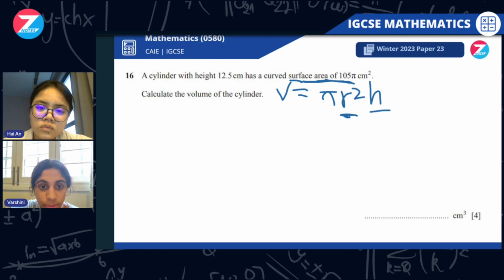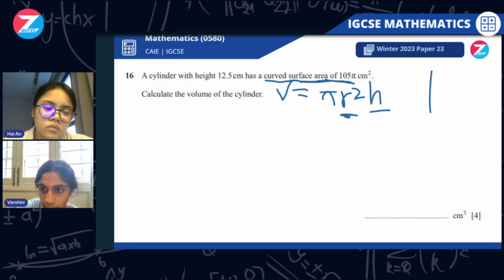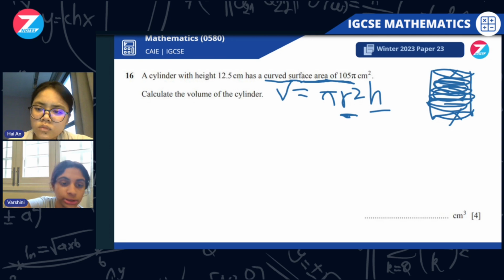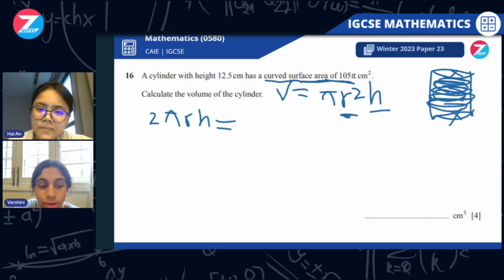So let's calculate r. We know the curved surface area. If we draw a cylinder over here, the curved surface area is not going to be the top or the bottom part. We just want this in-between part. And the in-between part is nothing but a bunch of all of these circles. So it's nothing but the circumference of the circle times the height. So that's just going to be 2 pi r h. Or you could just memorize the formula. 2 pi r h equals